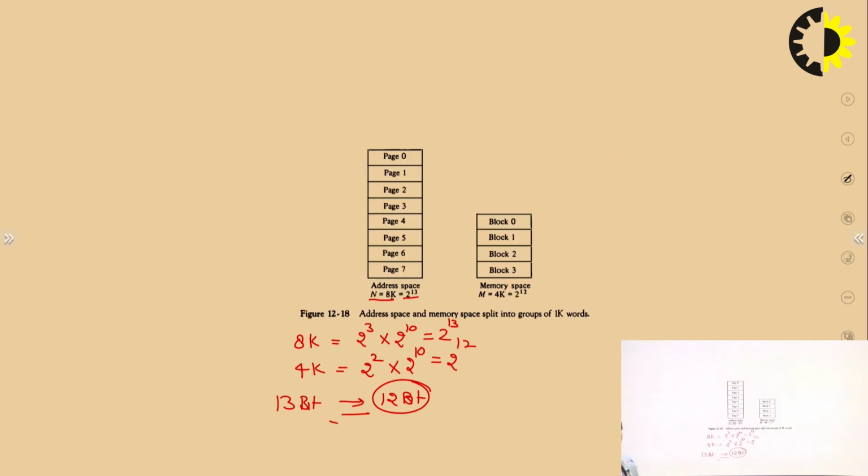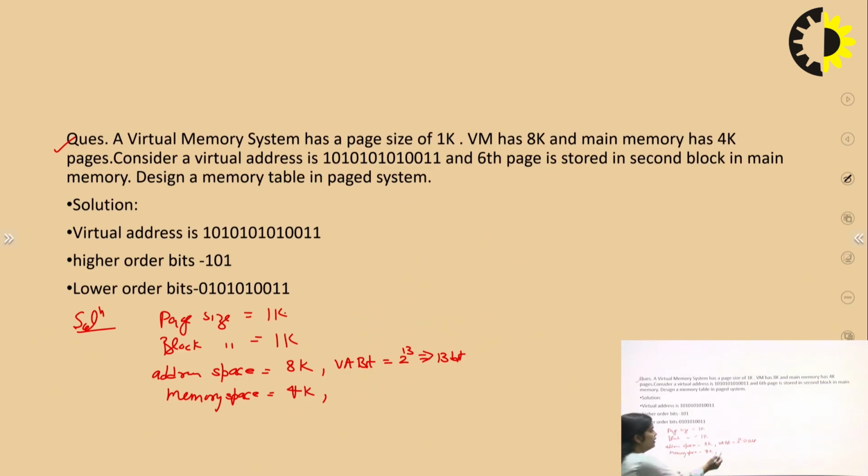4K means what? 2 to the power 12, that is 12 bit. So the physical address bit is 2 to the power 12, or you can write it as a 12-bit value. This 12-bit value means mapping is required. Now you can see the question contains 13 bits, because the virtual address has a 13-bit value. And the next is the 6th page is stored in the second block in the main memory,